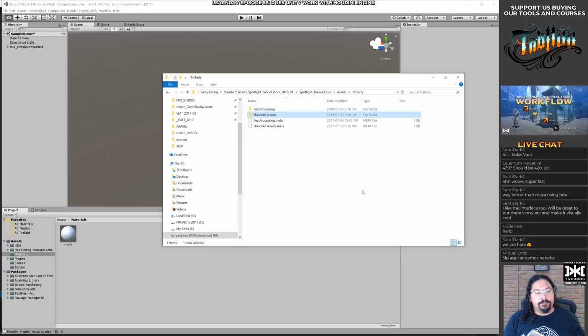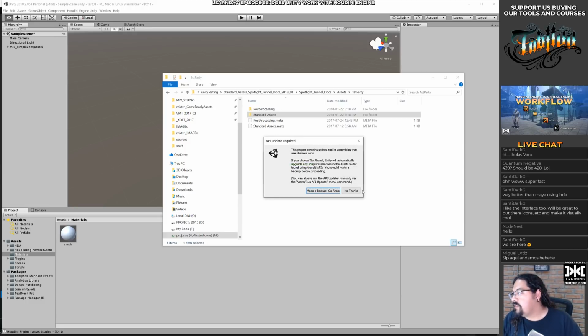Yeah, continue. Go ahead, do what you want to do. Okay, alrighty. Everyone's so serious today. Just tell a joke or something. I'm getting bored here. This project contains scripts and assemblies that use obsolete APIs. If you choose go ahead, Unity will automatically update any script assemblies in the assets folder.